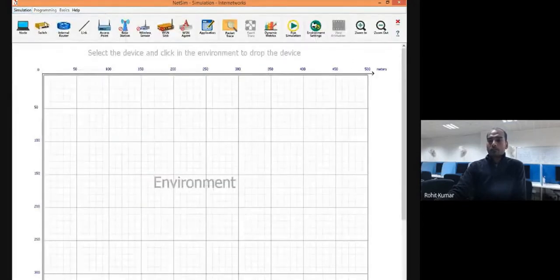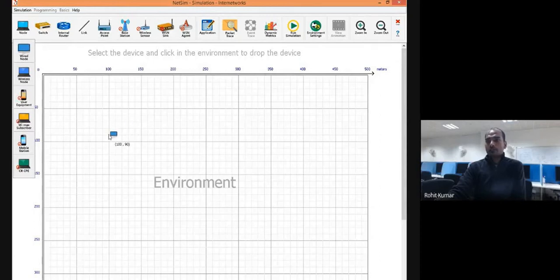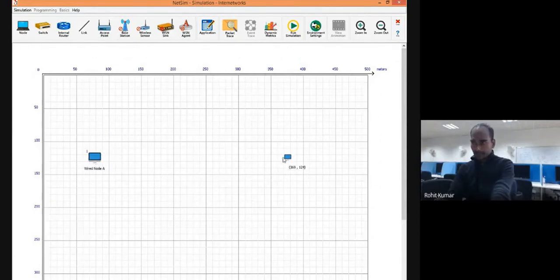And if we want to open, then we will go into the open option. But as we want to create first, we came into the create option. So, okay, let's start. Suppose I want to connect two nodes. Both are wired nodes. It is clearly visible here. So I right click first because I am setting the environment.